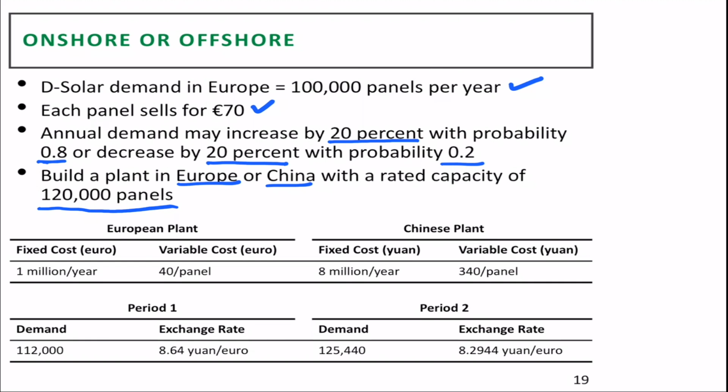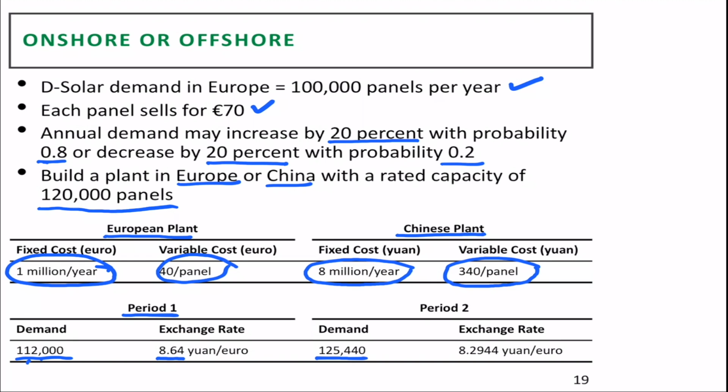If one goes for a European plant, they have a fixed cost of 1 million euros per year, and the variable cost is 40 euros per panel. At the Chinese plant, the fixed cost is going to be 8 million yuan per year, and variable cost will be about 340 yuan per panel. In period 1, the demand is likely to be 112,000. Exchange rate in period 1 is expected to be 8.64 yuan per euro,